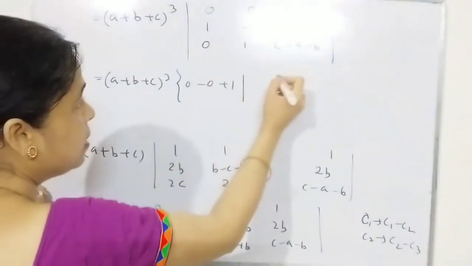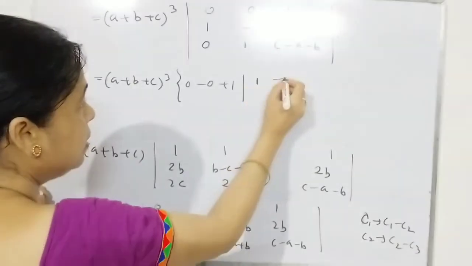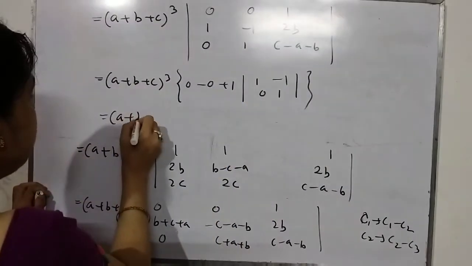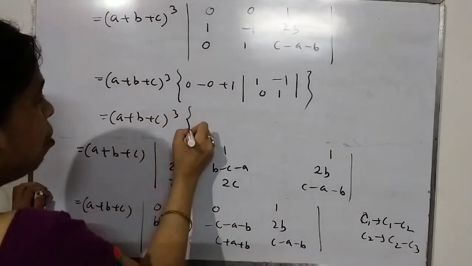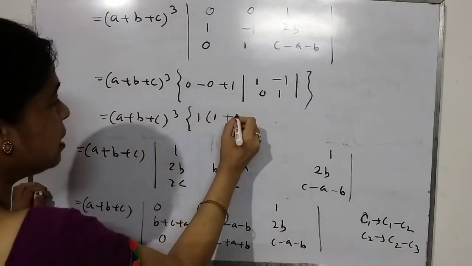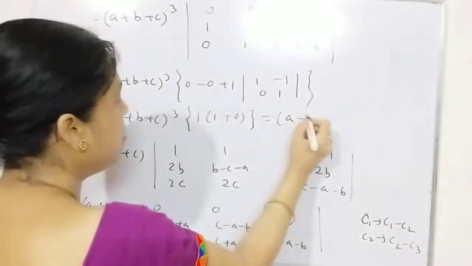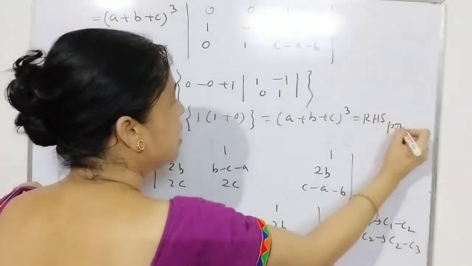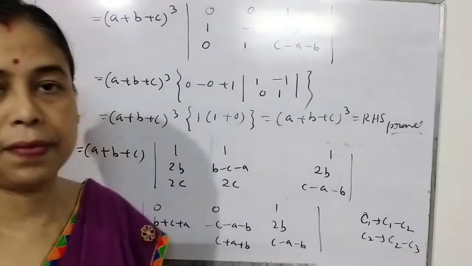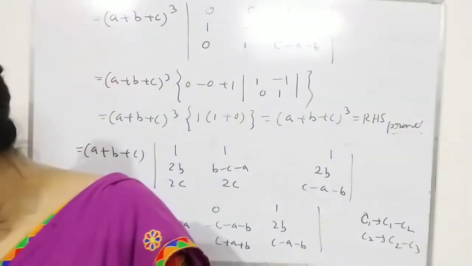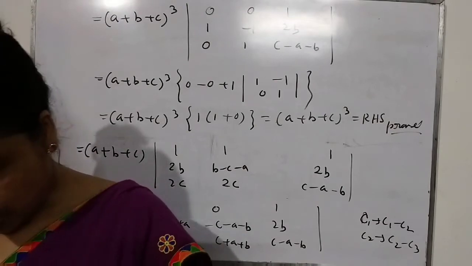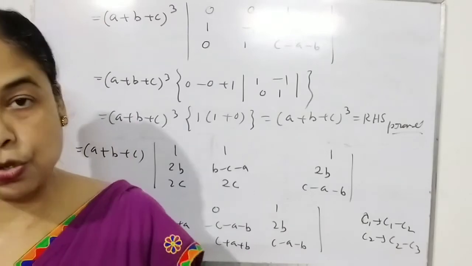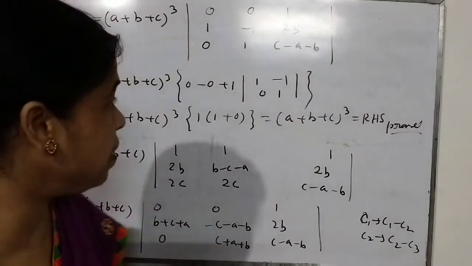Okay, so 0, 0, 0 minus 0 plus 1, this is done. What is left? First row and third column, if I delete, this is left. And here it will be equal to A plus B plus C whole cube. 1, 1, 1 are 1, minus minus plus 0. That is what? A plus B plus C whole cube, which is your right hand side, and the solution is done. Okay, so in the same way you can do the solution of question number 11-2. Okay, let me give the solution of 11-2.